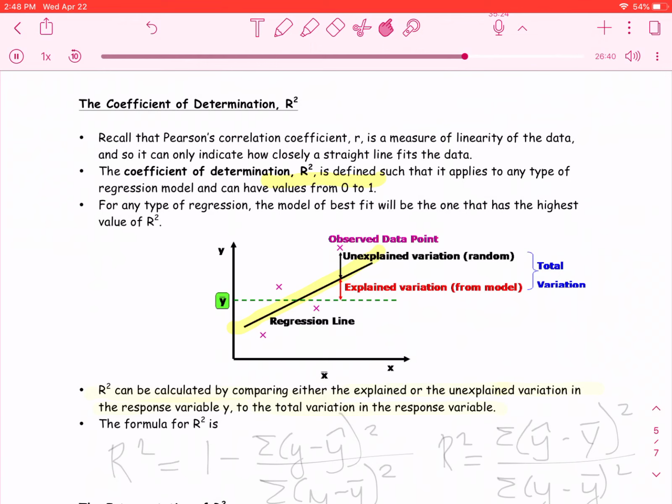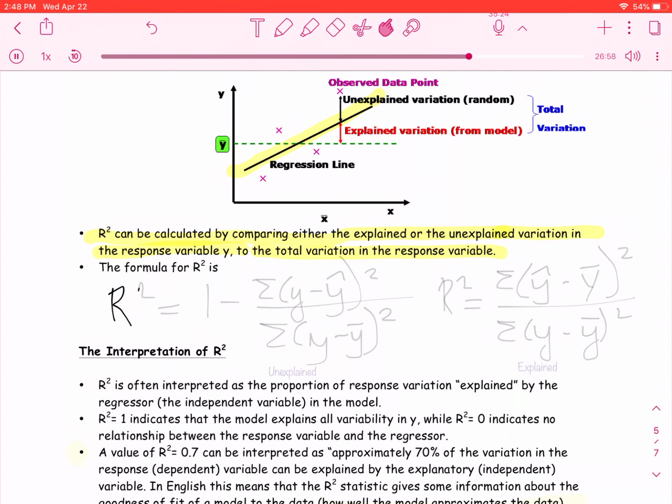Okay, so when we actually calculate R squared, it can be calculated by comparing either the explained or unexplained variation in the response variable y to the total variation in the response variable. So for R squared, which is your coefficient of determination, it will be equal to this: 1 minus the sum of y minus y hat squared over the sum of